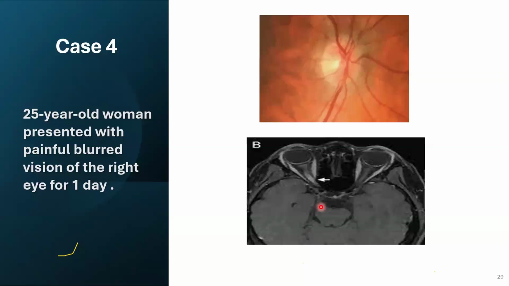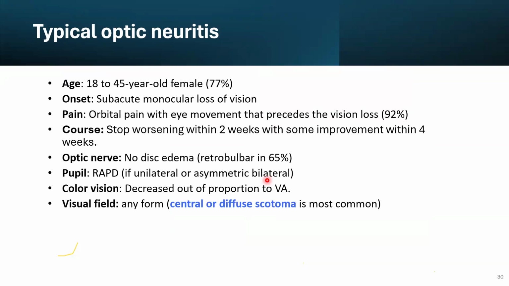That's the brain MRI with contrast. You can see the enhancing short segment of the optic nerve. The other optic nerve looks non-enhancing, while in the right optic nerve, you can see a short segment of enhancement in this area. The muscles are normally enhancing, but the optic nerve should not enhance. So we can divide the optic neuritis into typical versus atypical. For typical optic neuritis, the age is usually between 18 to 45.